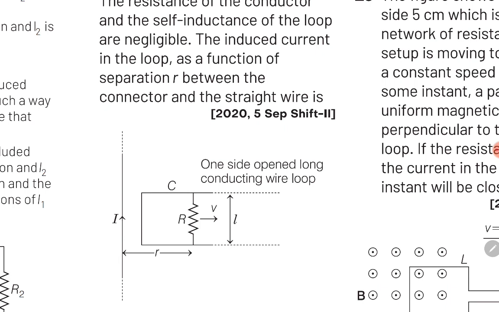Guys, in this case there will be motional EMF in the conductor and this will be given by the equation motional EMF is equal to BLV. Guys, in this case, magnetic field B will be due to the infinitely long current carrying wire and this will be given by the formula B is equal to mu naught I divided by 2 pi small r. And guys, other than this, after we find motional EMF, we can find induced current as equal to motional EMF divided by resistance R. So this is the main concept of this question through which we'll get the final answer. Let's observe this in the solution in the next slide.